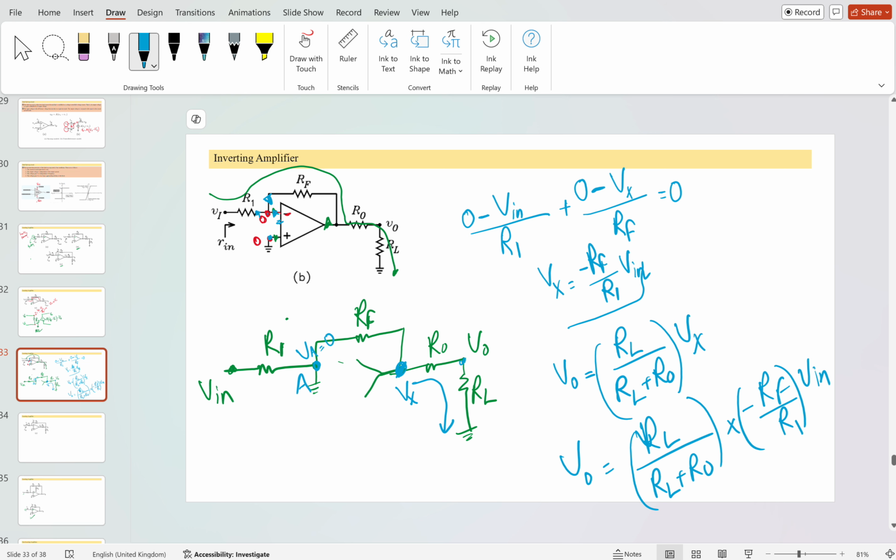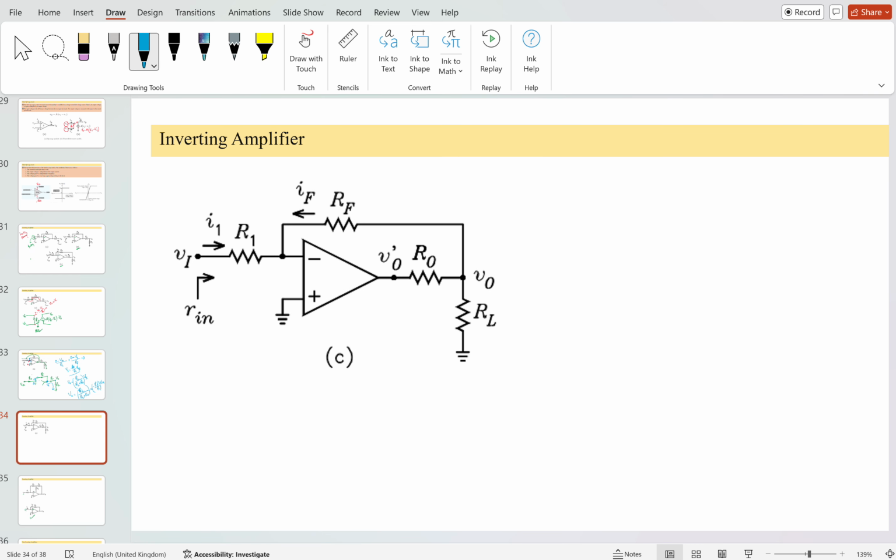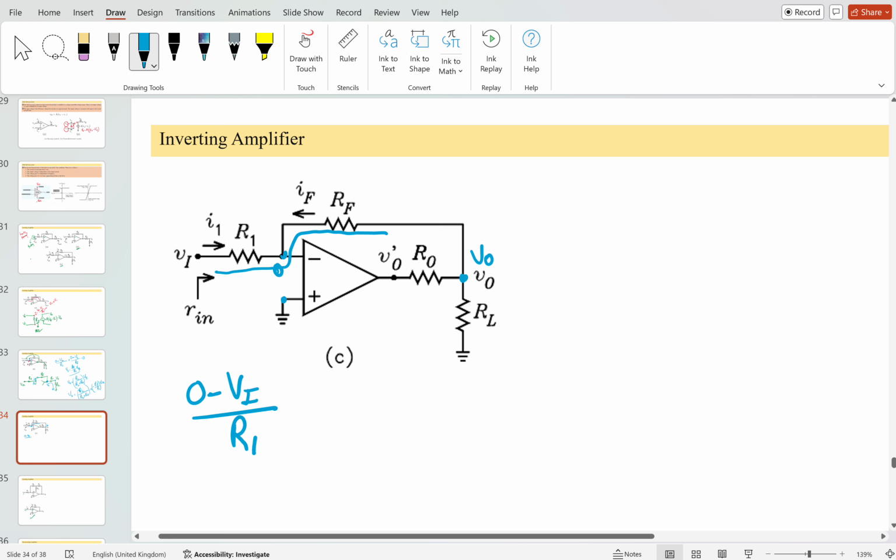Okay, let's take another example and see what is actually happening. Suppose I take this example. Okay, what I have told, whatever the positive voltage appearing, apply here. This will also become 0, and then apply KVL. Suppose I am applying the KCL here in this loop. Assume here it is V output already given. So when you apply the KCL here, it will become 0 minus Vi divided by R1, because the current here I am assuming that it is out of that network, plus 0 minus V output,